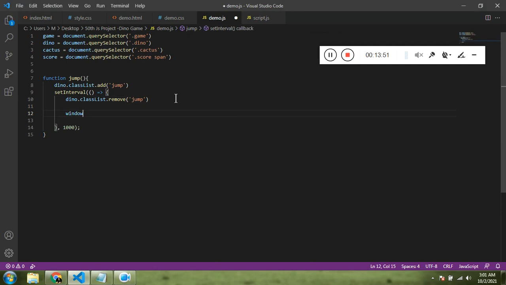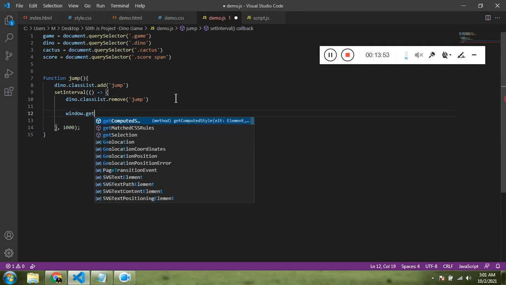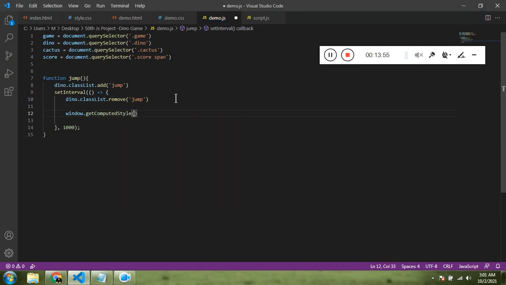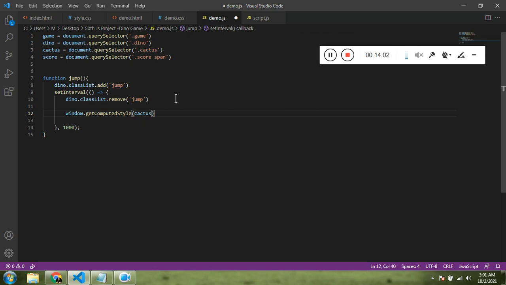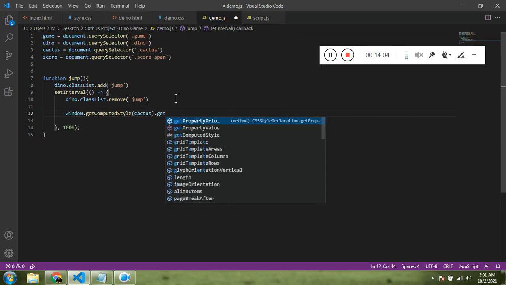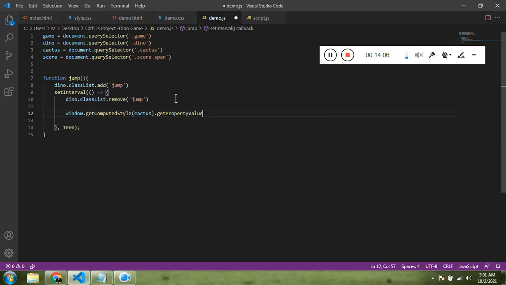Window dot get computed style, and we need to pass the cactus div, and with this we can get the property value of the CSS, and we want the left of it. So let's save it as left cactus.